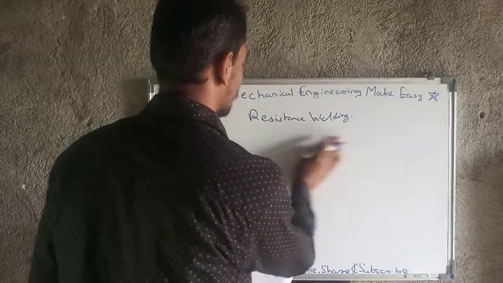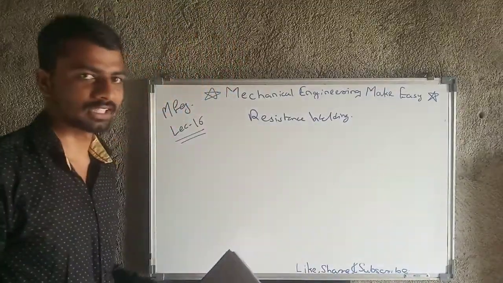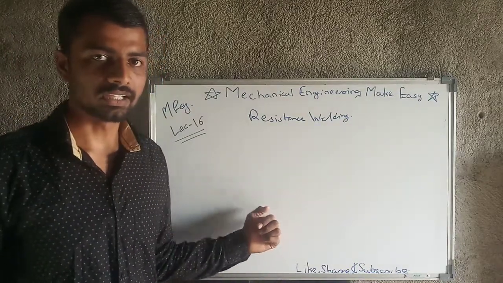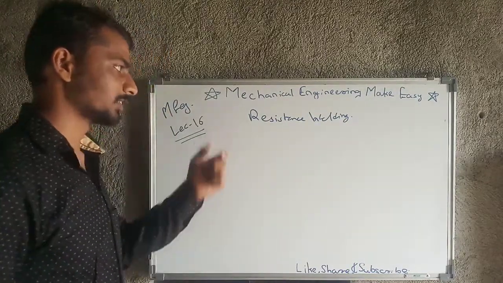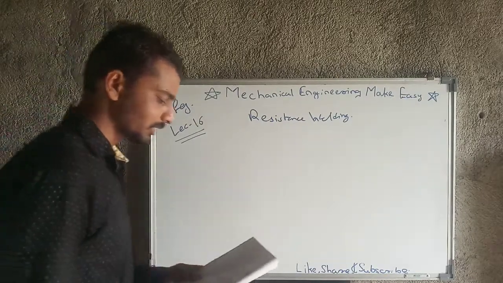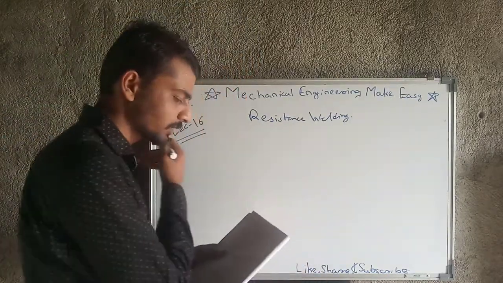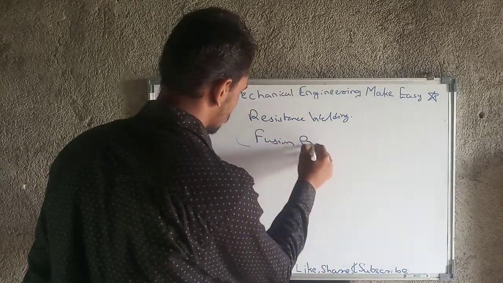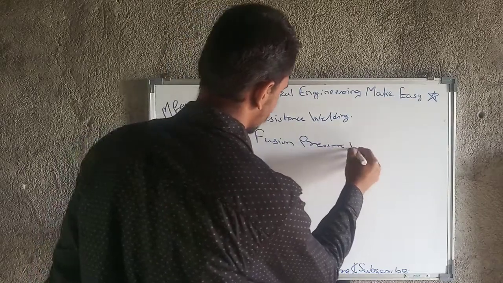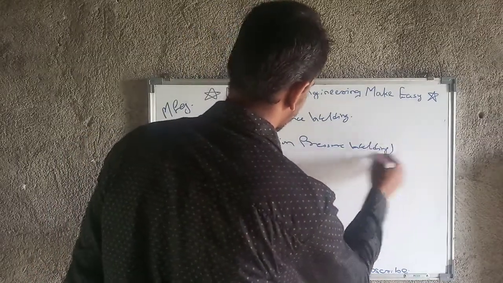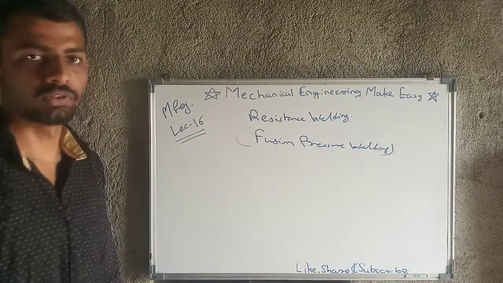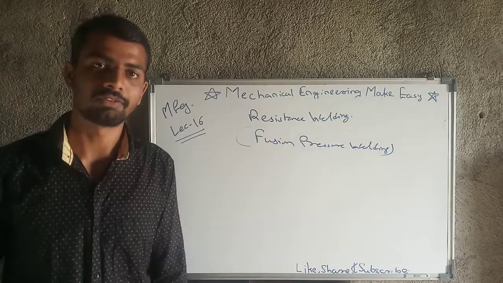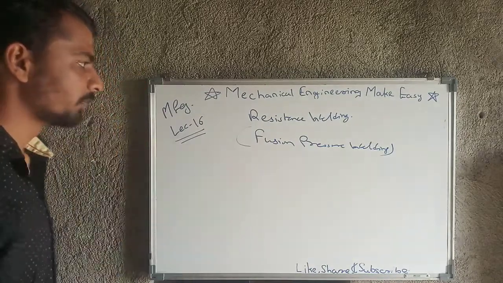And we will now move with resistance welding. In the previous lecture we have looked at a number of types like soldering, brazing, braze welding, and now we will move with resistance welding. Okay, what is resistance welding? Resistance welding is fusion pressure welding. Okay, resistance welding is nothing but fusion pressure welding. Means we have to apply pressure also, and the fusion will happen and the welding will happen. This is nothing but fusion pressure welding.